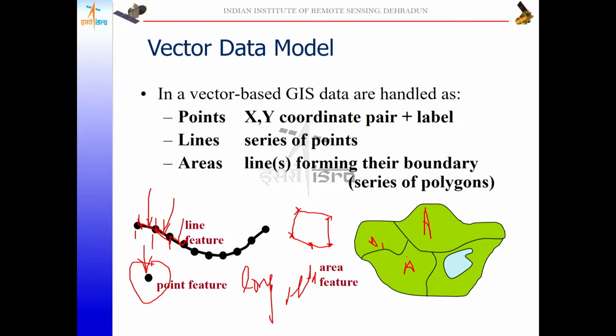So in case of polygon, there are basically two models, not only polygon. In case of vector data models, there are two different models to store the data. One is topological data model and one is spaghetti data model. So whatever I have told, that is spaghetti data model. In case of polygon, how spaghetti data model is used to store the data, basically spaghetti data model is area by area representation, polygon by polygon representation, which means